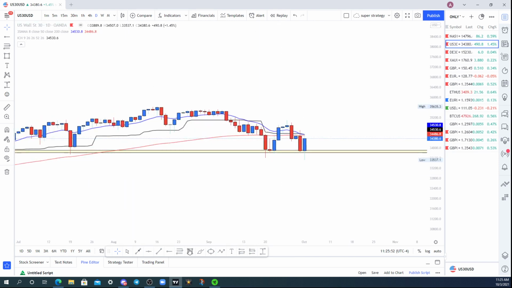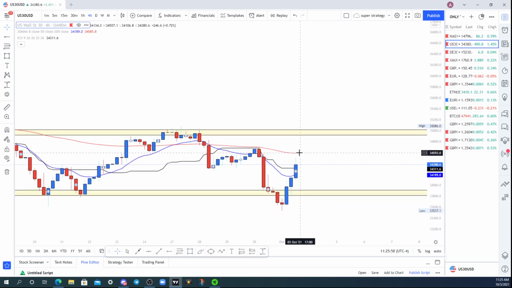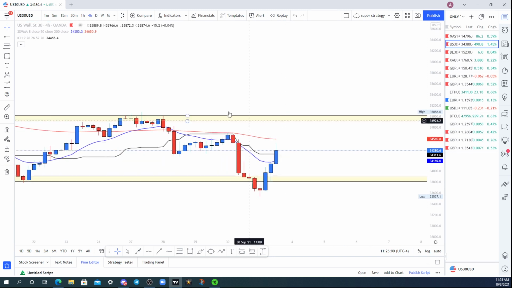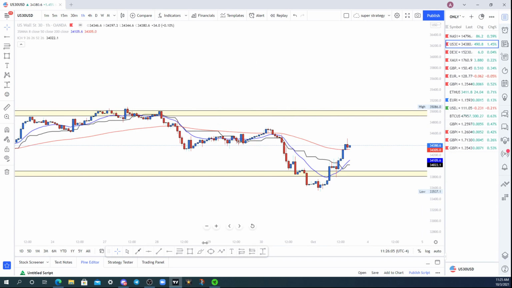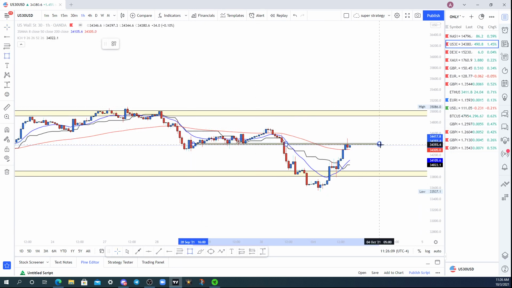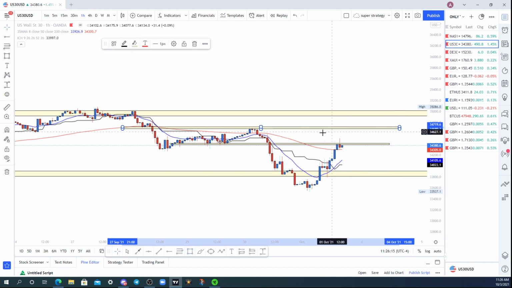We could target this level here on the daily time frame. Now we're going to go down to the 4 hour and see how these levels are getting respected. Oof, I honestly don't see anything clear here for US 30, at least for me. Nothing too clear here, but I'm just going to go ahead and mark up these zones so you guys can possibly execute if this does look appealing to you.